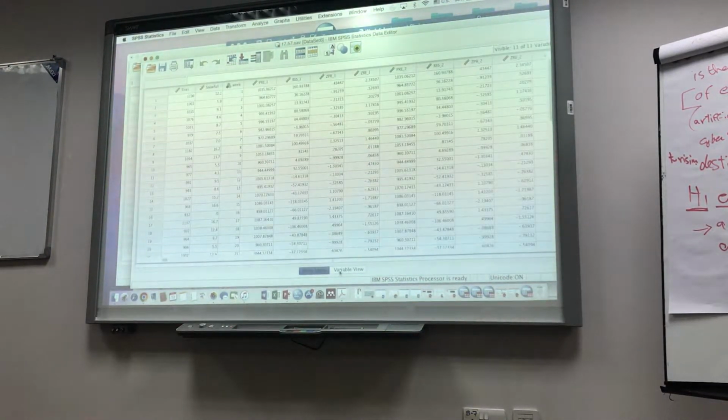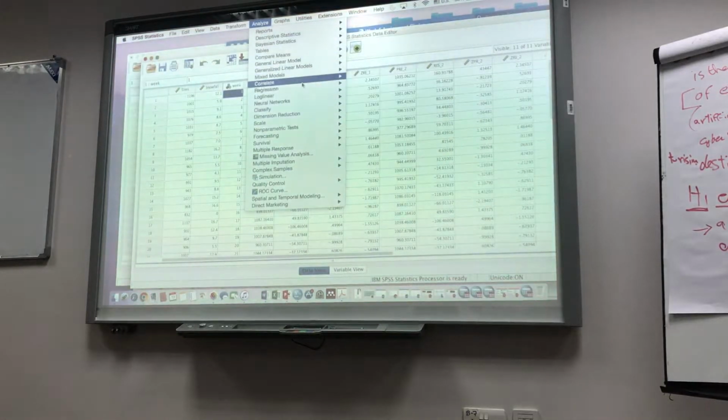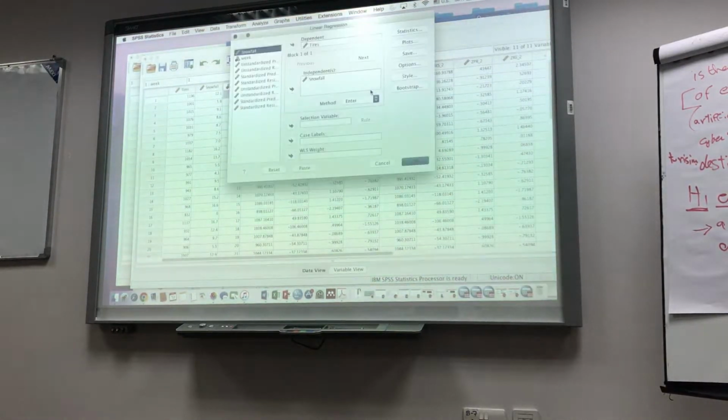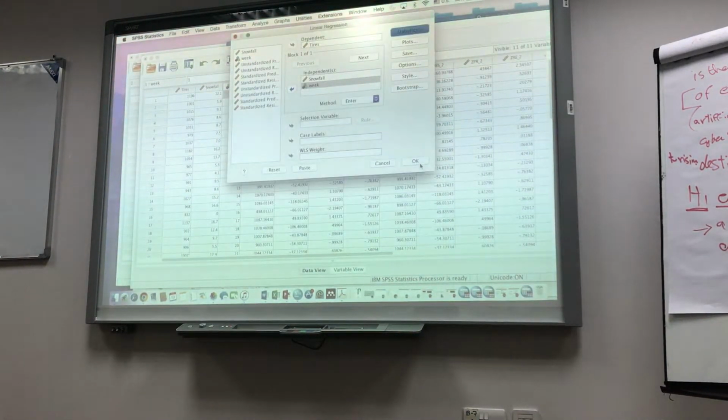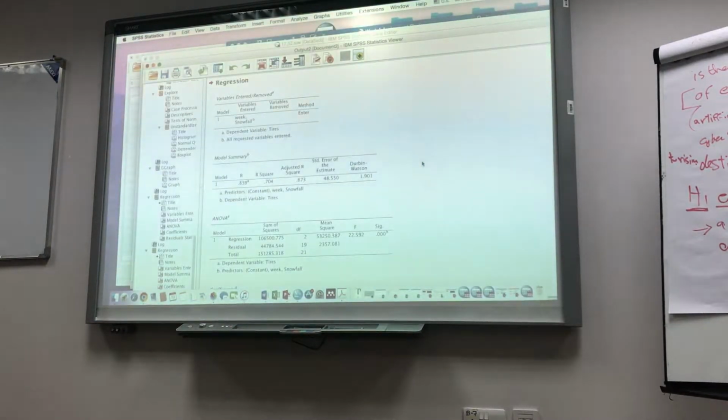I added the week variable, and we can run the model again to see if there's any improvement. This time we put week in the independent variables, and we check the Durbin-Watson test again.